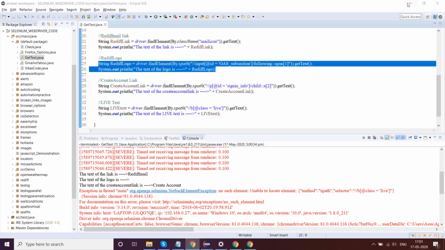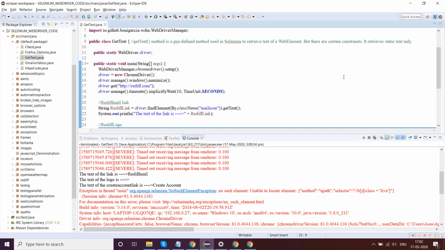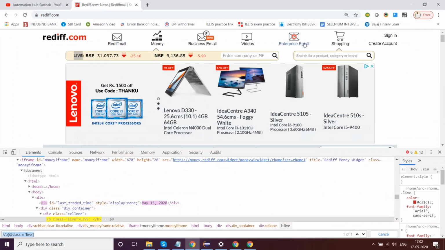There are certain reasons behind it, because getText will only work, as I said, there are certain constraints. It retrieves certain static text only. These are certain static text. Of course, there will be certain group of people who will say that this is also static in nature, but then the difference of this particular text being static form and these texts which are in static form are totally different.